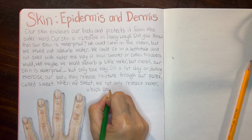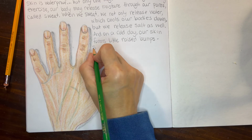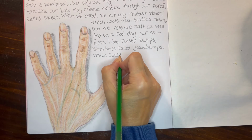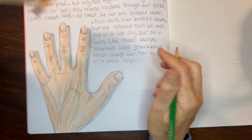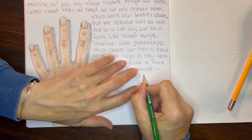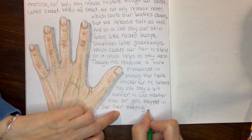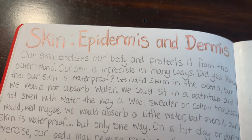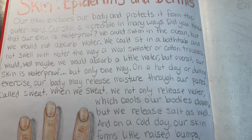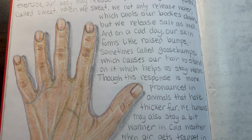So now we're just writing in the content for this lesson, and it's at this point that I realized that there wasn't going to be enough room, since we basically talked only a little bit about the skin in this written portion, and there was far more that I wanted to add for this lesson. And so we're going to be using the onion skin as well as the next page, all for skin, the epidermis, and the dermis. So here's that close-up of the hand,